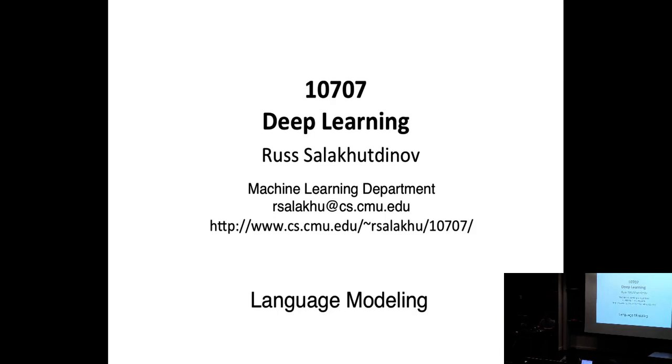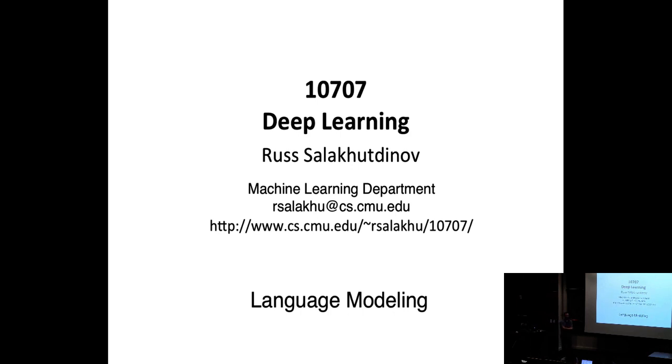So today we're going to look at a topic called language modeling. And we're going to start looking at sequential structures. Next week we're going to look at sequence-to-sequence models, and you can think of these models, again, as probabilistic. To some extent, they are generative. And after next week, we're going to start going back to more advanced generative models like deep Boltzmann machines and